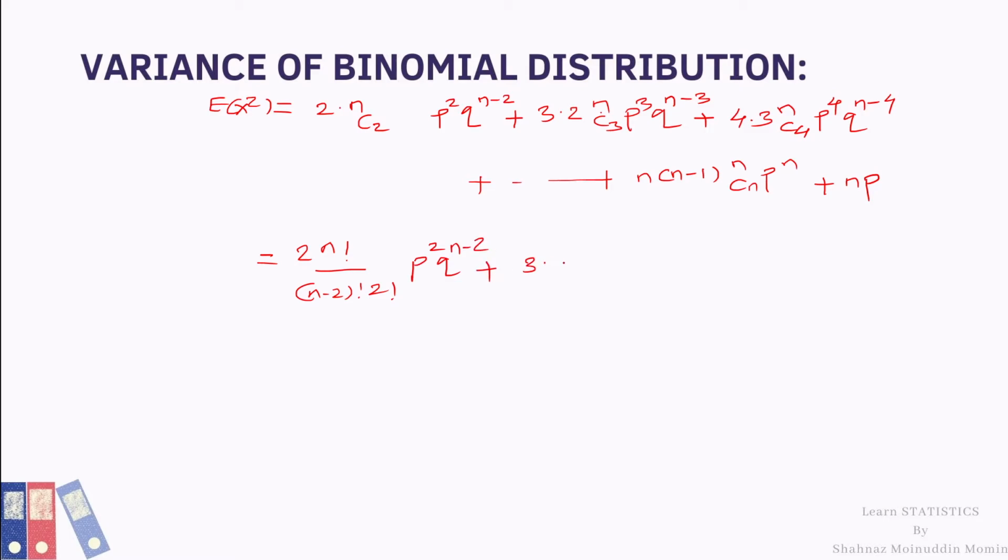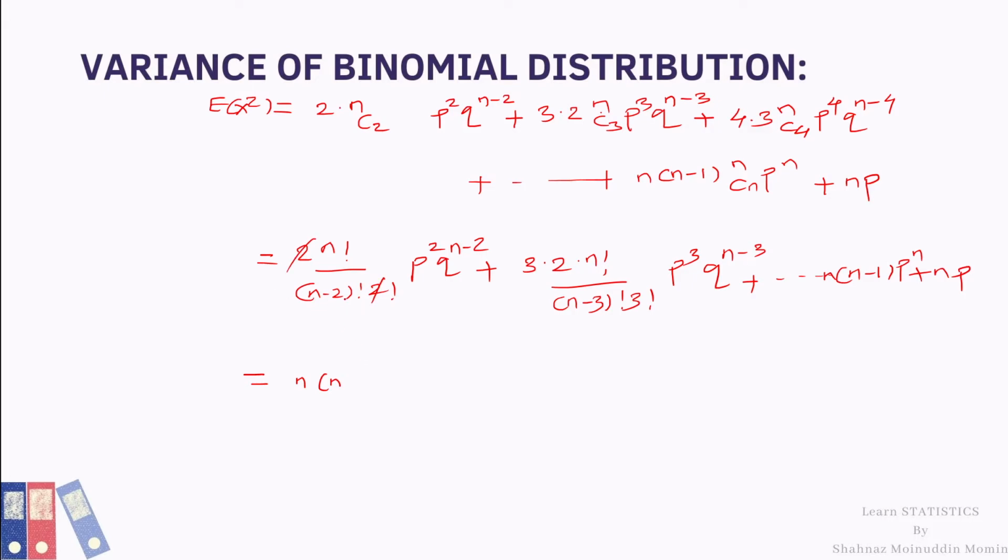Similarly, 3 into 2 into n factorial divided by n minus 3 factorial into 3 factorial, p cube q raised to n minus 3. Likewise, we will get n into n minus 1 p raised to n plus n into p, which is equal to